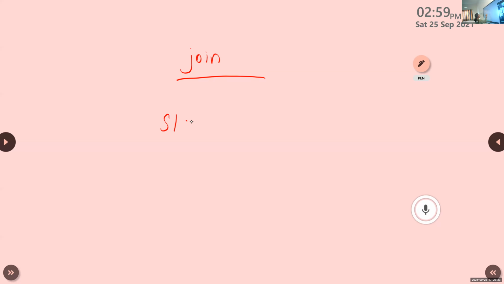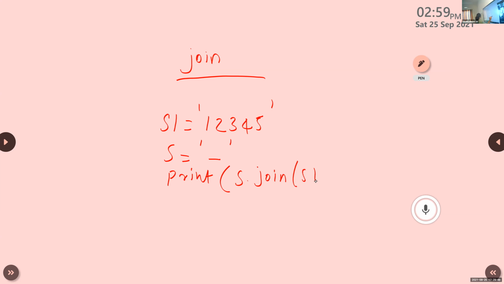Here S1 is equal to 1, 2, 3, 4, 5. Then I want to print. S is equal to hyphen. Then print S dot join within bracket S1.